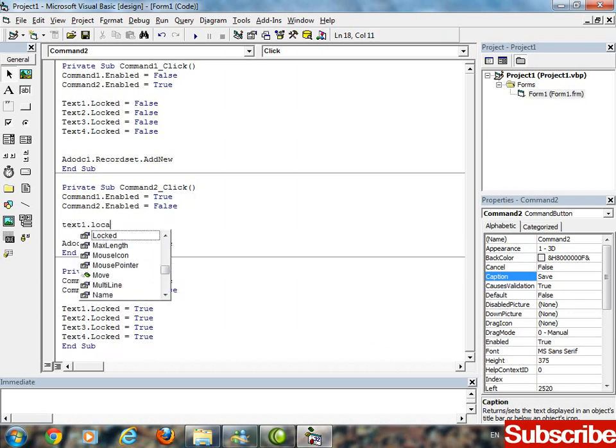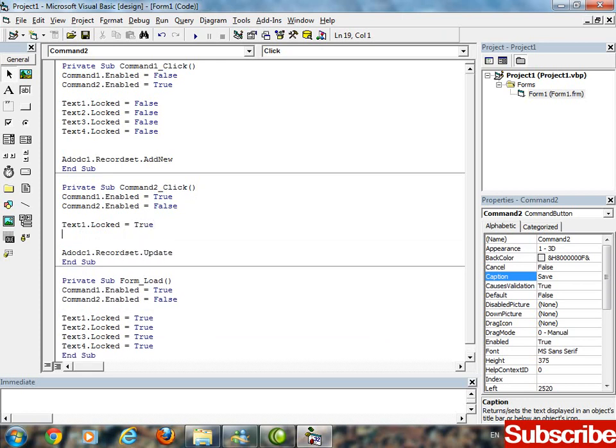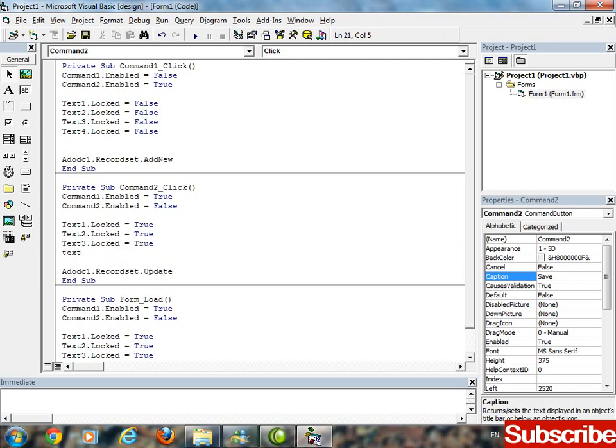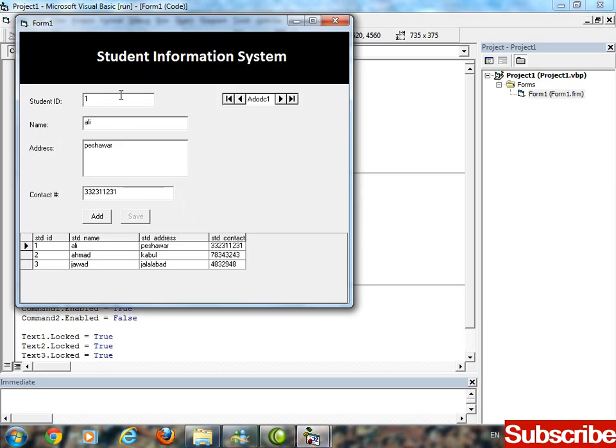Text 1 dot locked equal to true. Text 2 dot locked equal to true. Text 4 dot locked equal to true. Okay, now try. Add